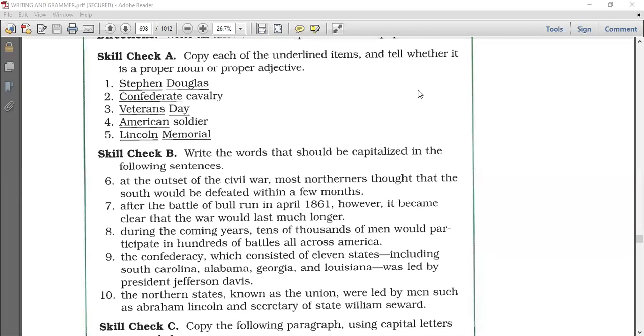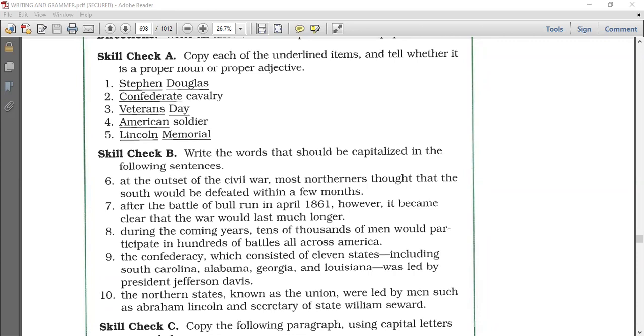Ryan, sorry, I unmuted Baghdadi again. No, Ryan. Number 5. Proper noun, both of them. Both of them are proper nouns because we have Lincoln and Memorial. Lincoln and Memorial. Thank you very much. So the 5 people who participated are Baghdadi, Awad, Sahrawi, Tadros, and Ryan. Where is your name, Ryan? Here. Okay, thank you very much.